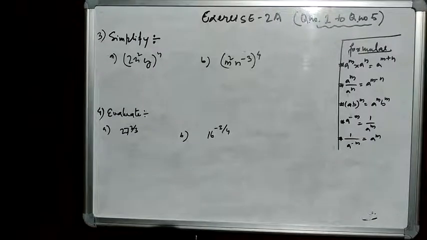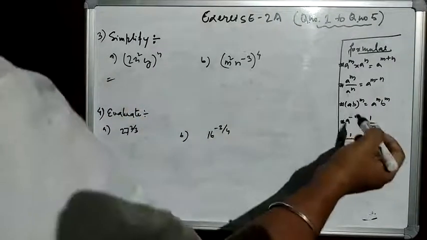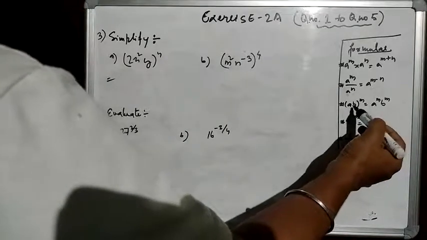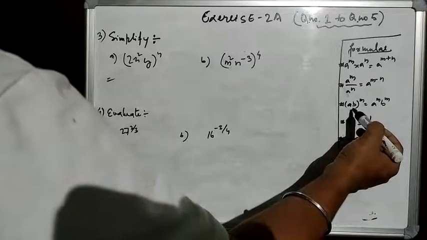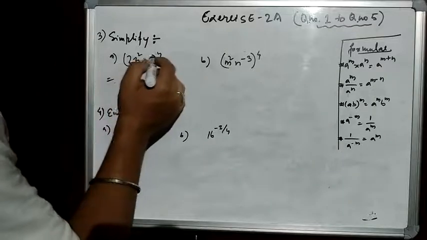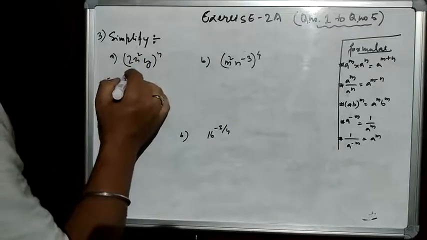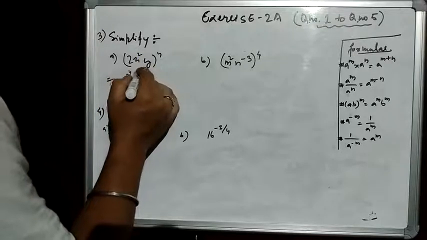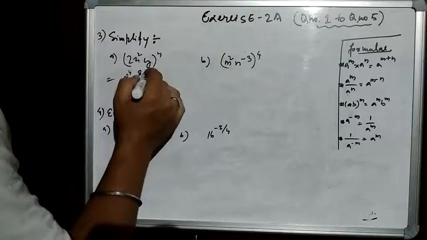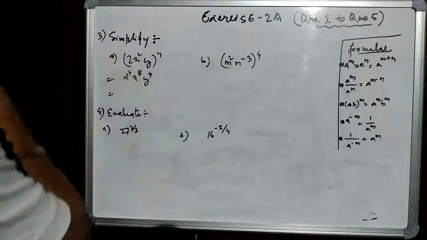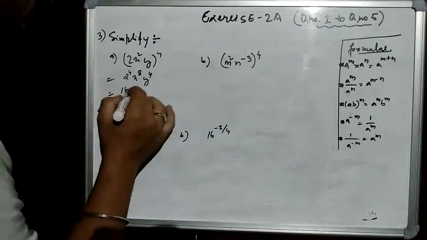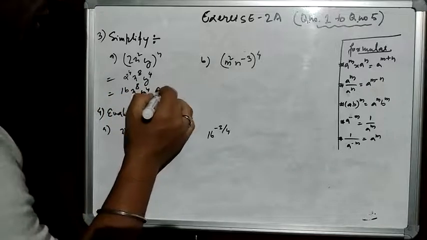Now in this question we will see that it is in power form, that is, a b to the power m. This power will multiply with both the factors inside the bracket. So as it is, 4 is there to the power 4, x to the power 2 into 4 is 8, and y is there, 1 to the power 1, so 4 times 1 is 4. Then 2 to the 4, 4 to the 8, 8 to the 16. So 16 x to the power 8, y to the power 4 is your answer.